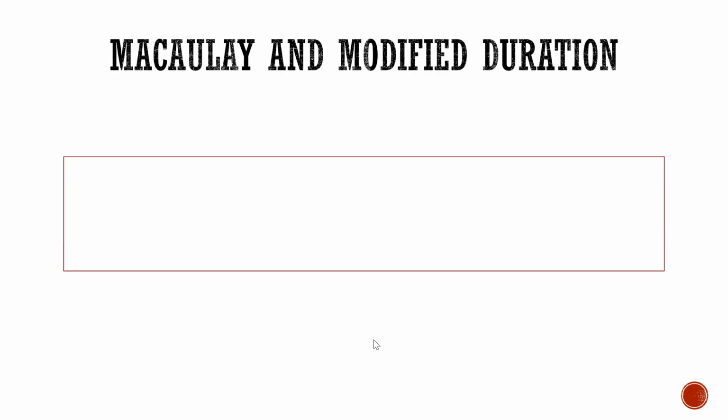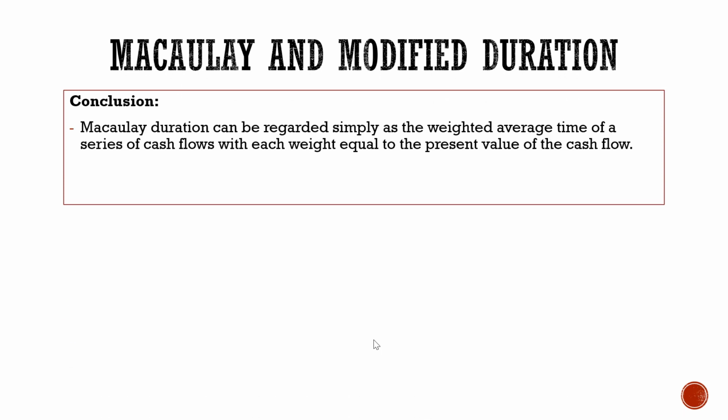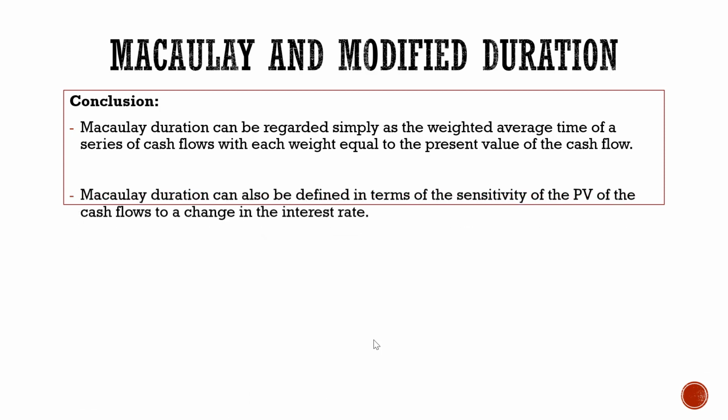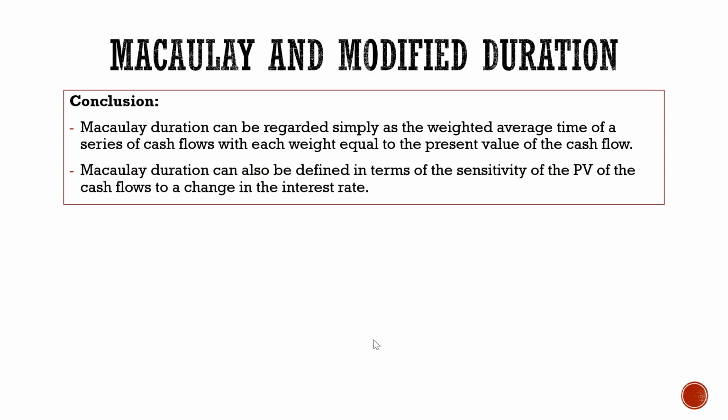In short, Macaulay duration can be regarded simply as the weighted average time of a series of cash flows, with each weight equal to the present value of cash flows. Macaulay duration can also be defined in terms of sensitivity of the present value of the cash flow to a change in interest rate. In this lesson, we consider two types of duration because